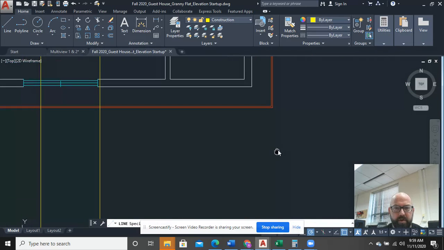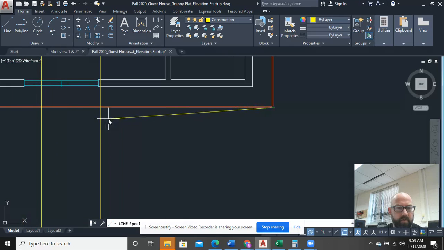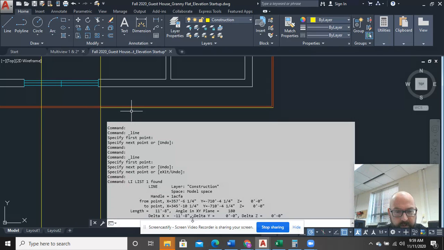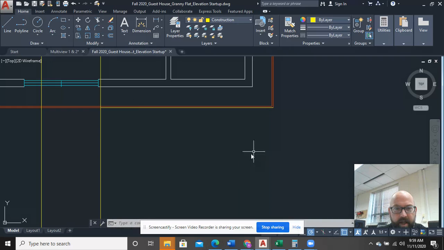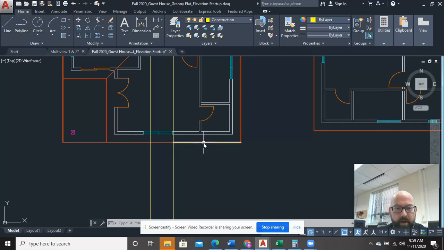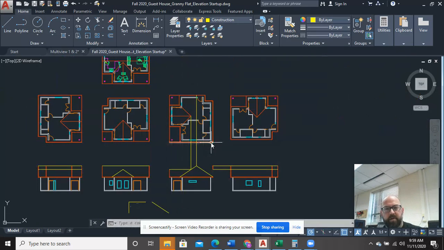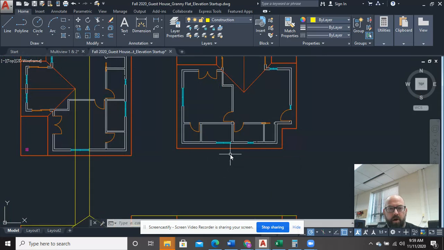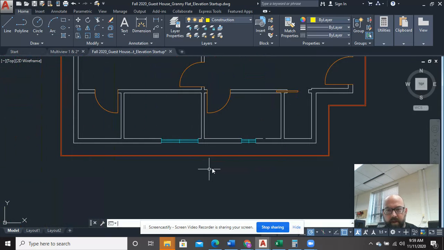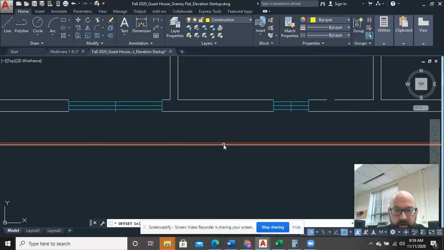So like if I measure a distance from right here to right here, then I can just deal with this with a simple offset. Okay, and it tells me that that distance is 11 feet 8 inches. Okay, so the center of the ridge is 11 feet 8 inches off of this back wall of the house. So I can just go ahead and offset 11 feet 8 inches. And this will be a time saver then,